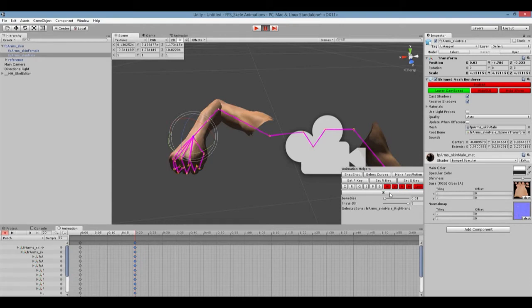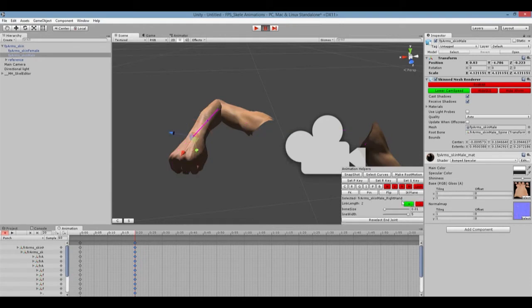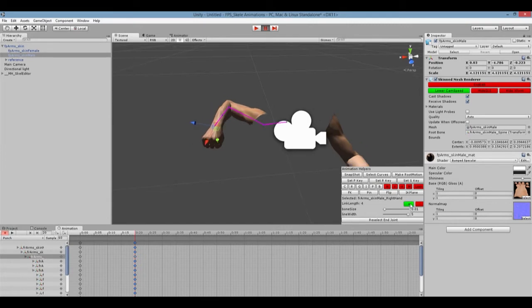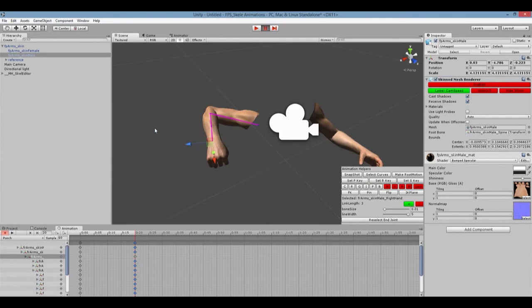So I'm going to switch into IK, and there's some extra stuff in here that has to do with how many joints are affected by the move tools and all the rotations. So the link length would bring it all the way back to the spine, or back to the forearm, the elbow. But for the purposes of this, we want it to the shoulder, because we're going to pull this fist